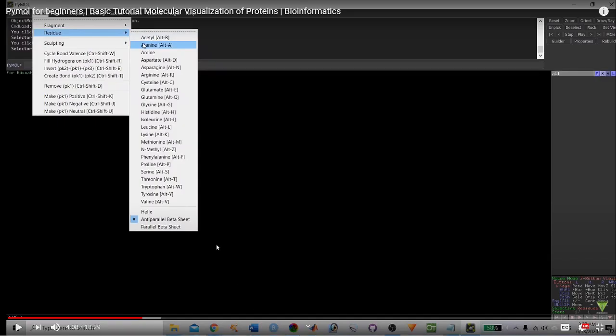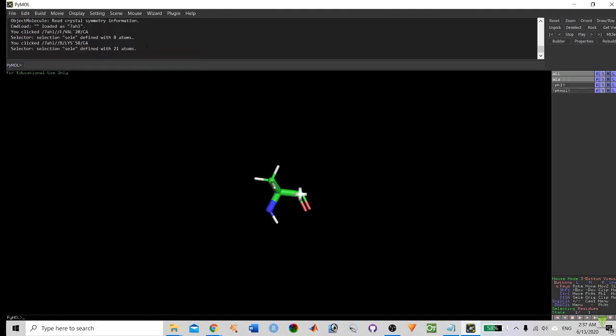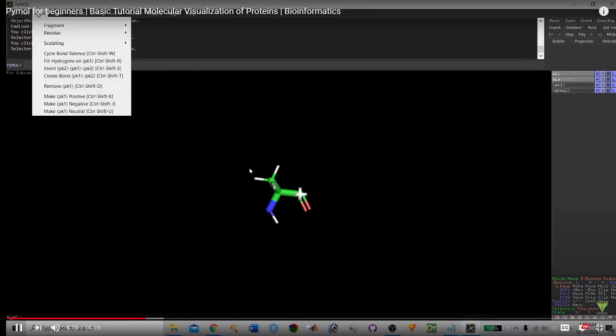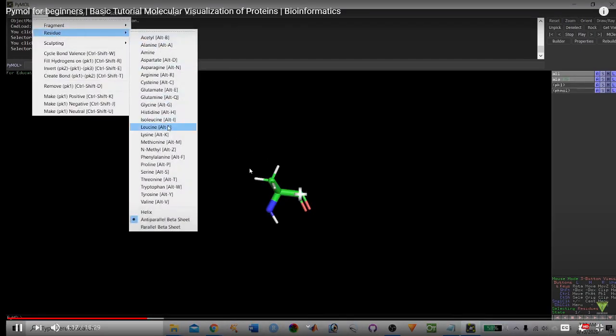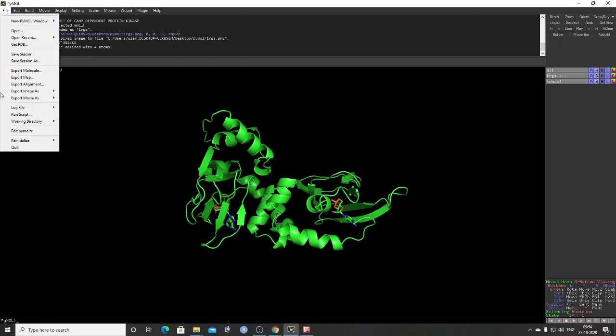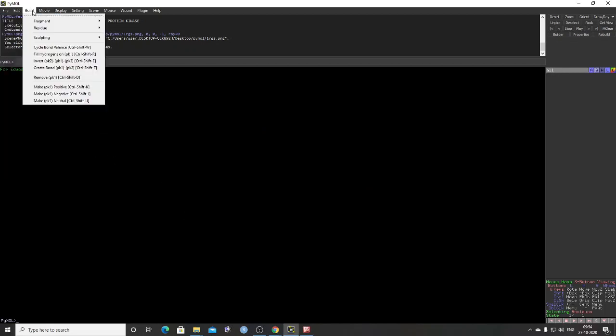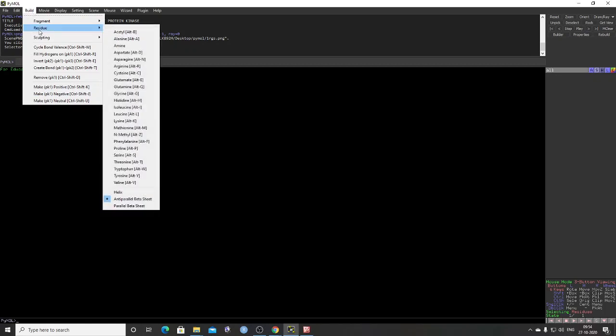So again coming to this one. Fragment of various amino acids. Okay, for example, you just need to click a residue and just add alanine here. If you want to add leucine, you can see here. Okay, so for example, this molecule is there and we don't want this molecule, so we reinitialize it. Now under the build command, we want to make our own protein molecule. So this one is alanine.